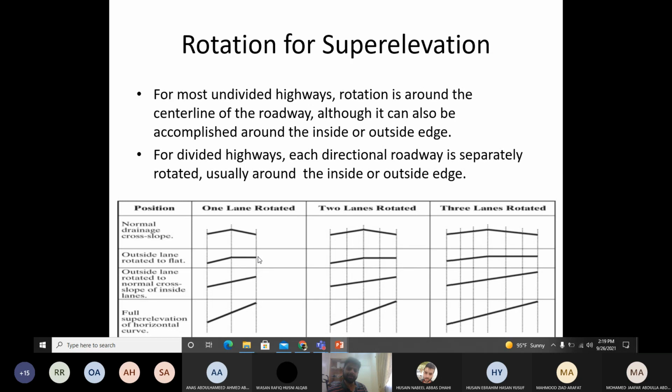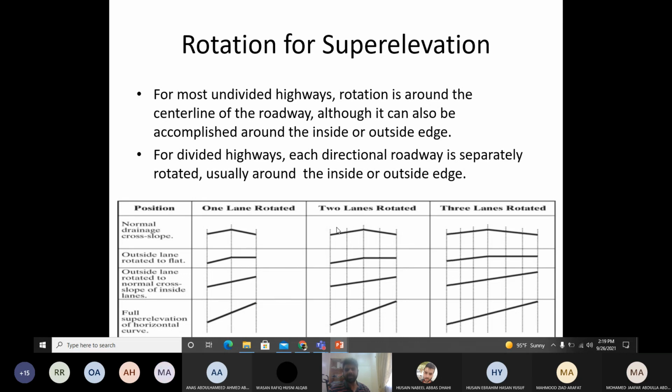Obviously the last two parts depend upon your super elevation and your normal slope. You may not have it like this, but in any case you have the tangent runoff, which is the outside edge going from normal to flat, and then you have the super elevation runoff, where the full surface goes from flat to full super elevation. It can be done in two stages. Like I said, you can make the full surface equal to the normal slope of the inside edge, and then make the full surface equal to super elevation, depending upon the values.